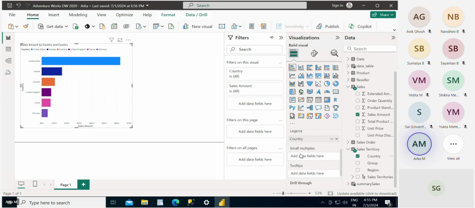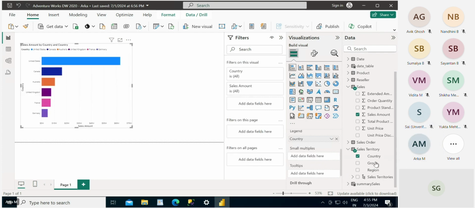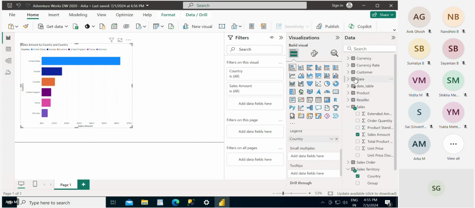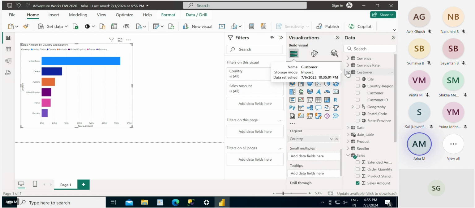Now, small multiples will basically divide your chart into multiple parts based on what I put here. So let's say I put region here, and it's not supporting it. Sometimes you will face this issue, that not every type of data will be supported in